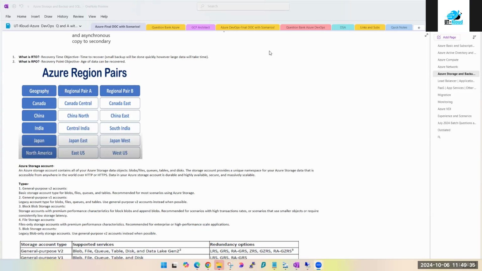Paired region is something where Azure has already paired them, maybe with low latency, maybe with some good connectivity. However they have done it, they know what they have done, but they are calling it paired region. Where do we use paired region? In storage account. If I select GRS, which is geo replica, across the geolocation. If my primary account is in East US, then the paired region is West US as